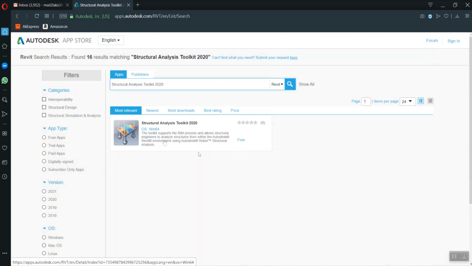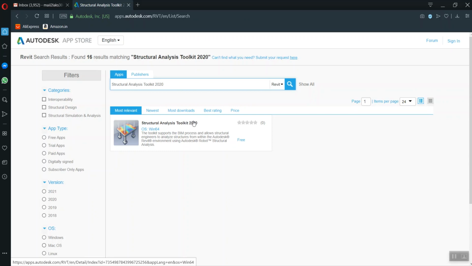This is the one you are going to download on your machine where you have Revit 2020 and Robot 2020, or if you have 2019, you should have the same versions of the software installed on your system. There should be no version conflict. Like if you have Revit 2019 and you are going to work in 2020, the answer is no. You should have the same version installed for both the software.